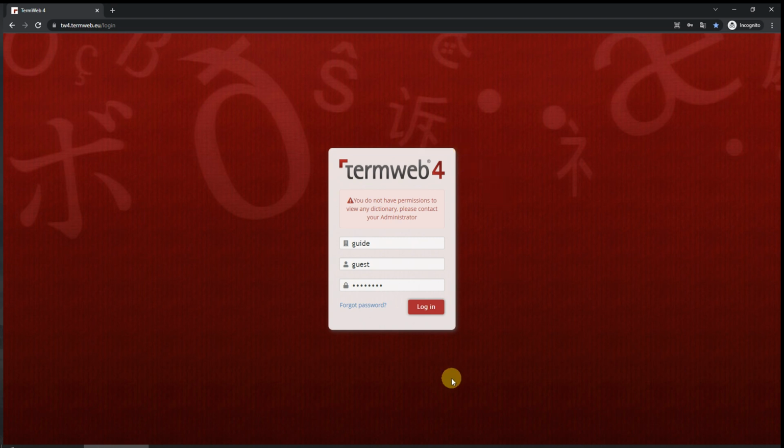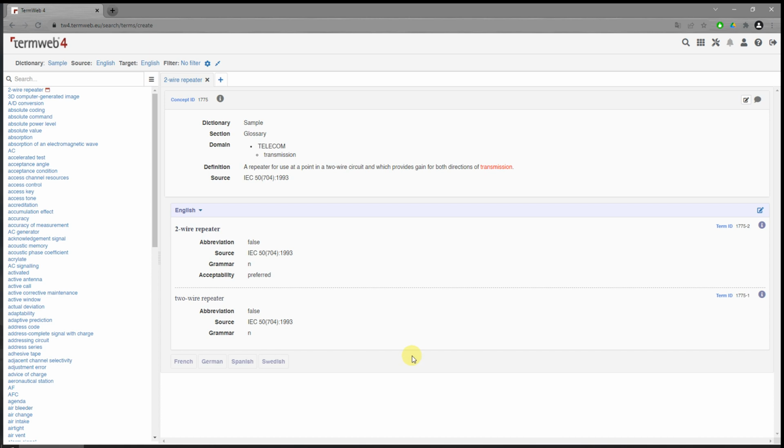base in Termweb. So what we'll do is actually first set up the ability for the guest users to log in, access Termweb, as well as define which fields they have access to in their interface. After that, we'll also set up their permissions for creating a concept and also narrowing which fields they have access to in the concept. So first off, we're going to head over to our administration menu, and as an administrator